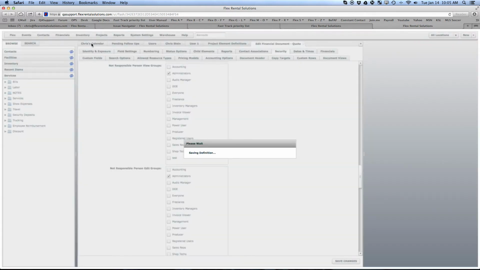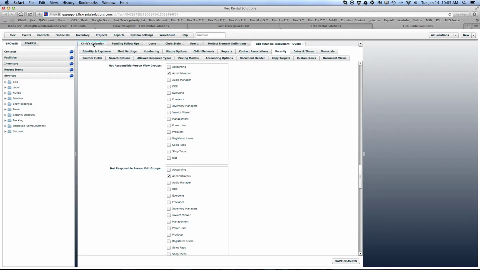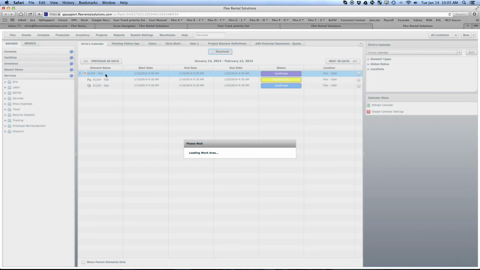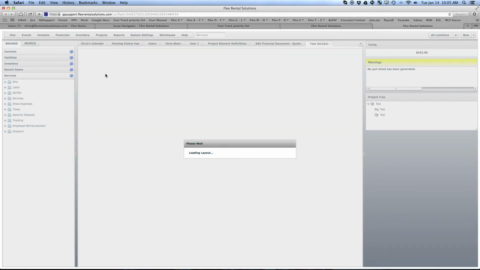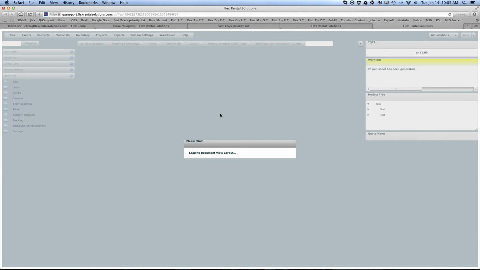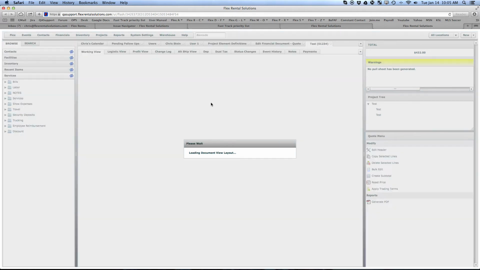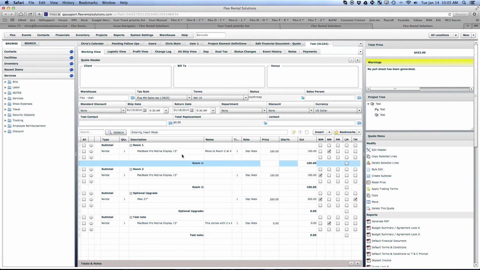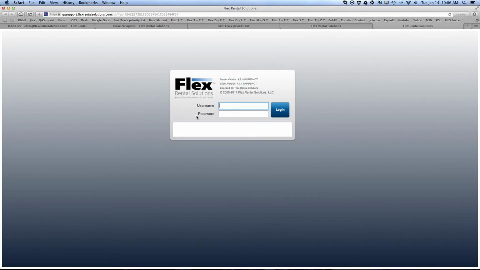So as an example, if I open up a quote here, I belong to the administrator group. I can open up any quote, whether I'm the account manager or not, I can edit that same quote. So no restrictions to me based on the quotes, whether I'm the account manager or not. Now, if I log out and log back in as user 1,